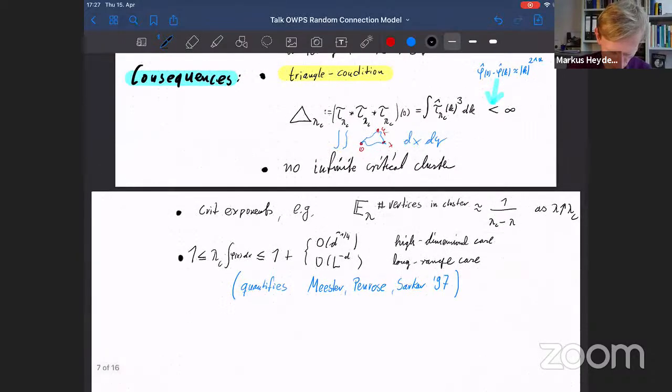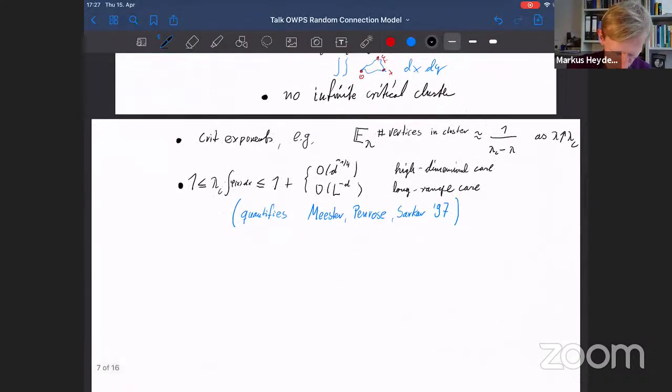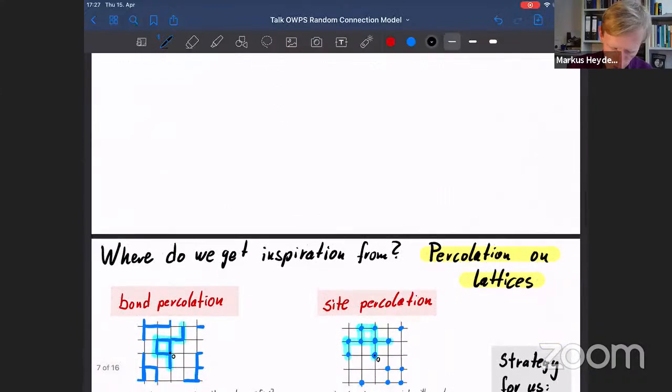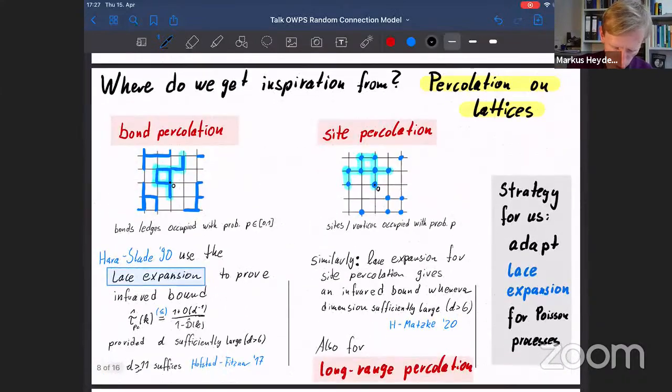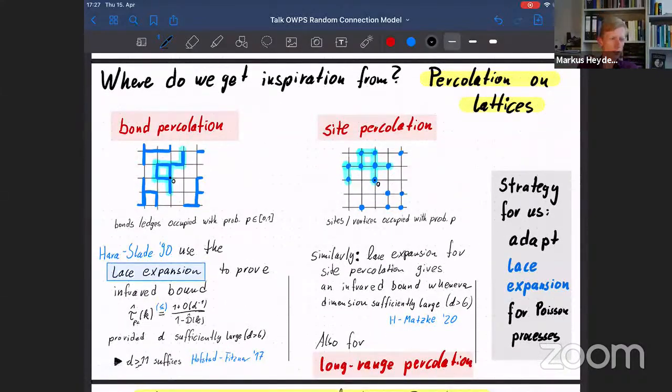Indeed. So I already hinted where this inspiration is coming from. So there's one slide about the origins of this theory. It's coming from percolation on lattices. So on lattices is partially well known, partially somewhat newer, this whole proof, which I'm sketching at least some aspects of now,